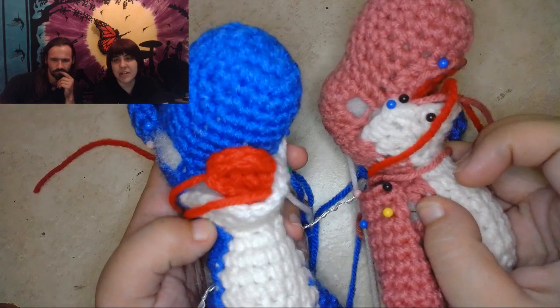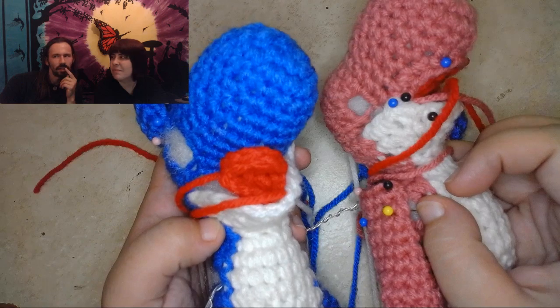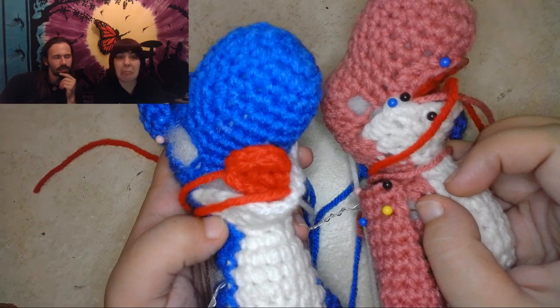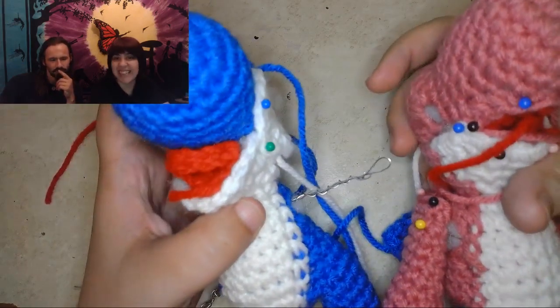Well, I mean, that's the inside of the mouth. Oh, yeah, it's not really gums. Yeah, does Yoshi even have teeth? That's a good question. Probably not. I don't think so. It would be really weird to see a picture of Yoshi with teeth. Being all like...